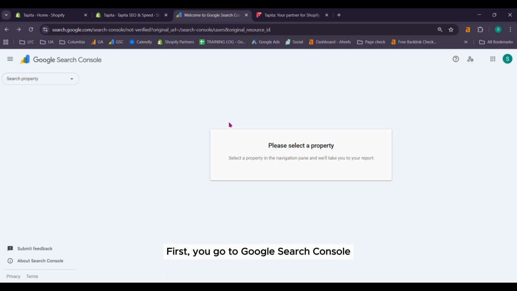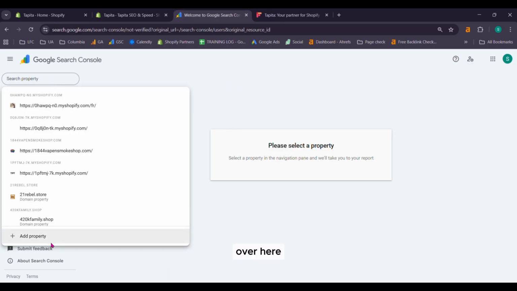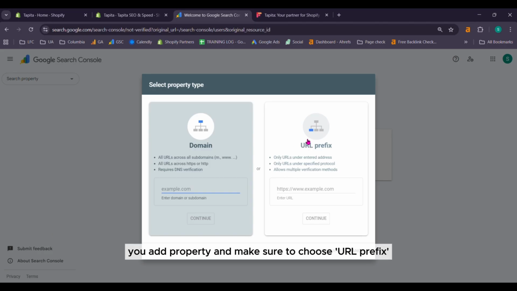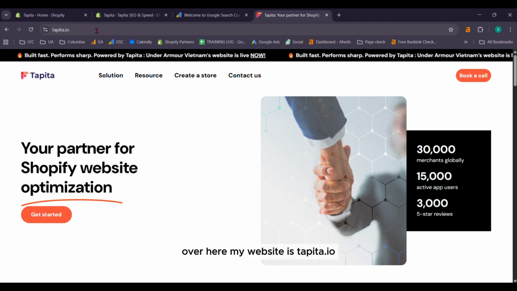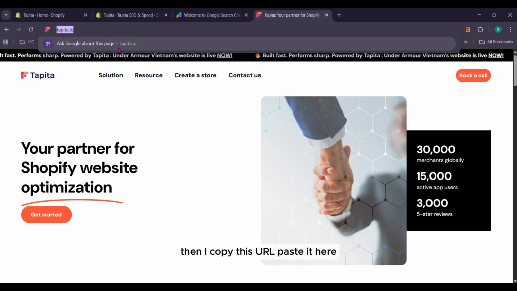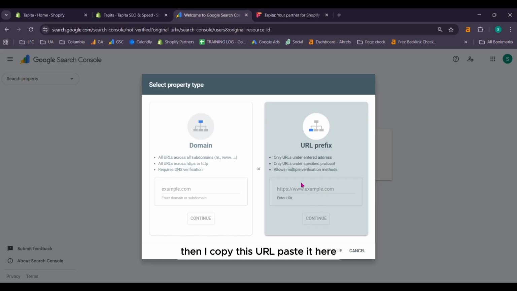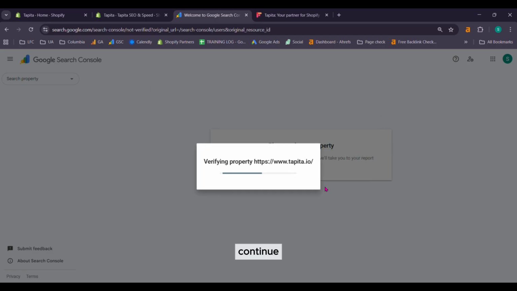First you go to Google Search Console. Over here you add property and make sure to choose URL prefix. Over here my website is tapita.io, then I copy this URL, paste it here, continue,